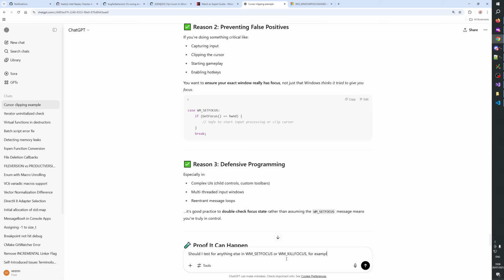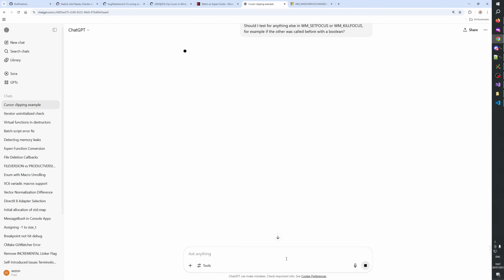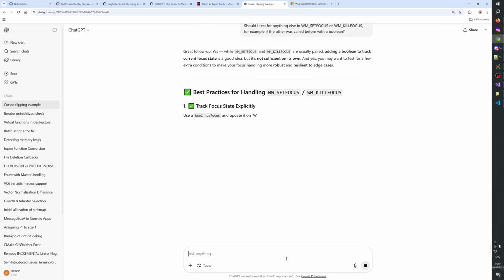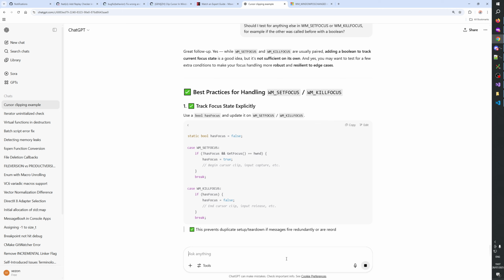For example, if the other was called before, with a boolean. Adding a boolean to track current focus state is a good idea, but it's not sufficient on its own.